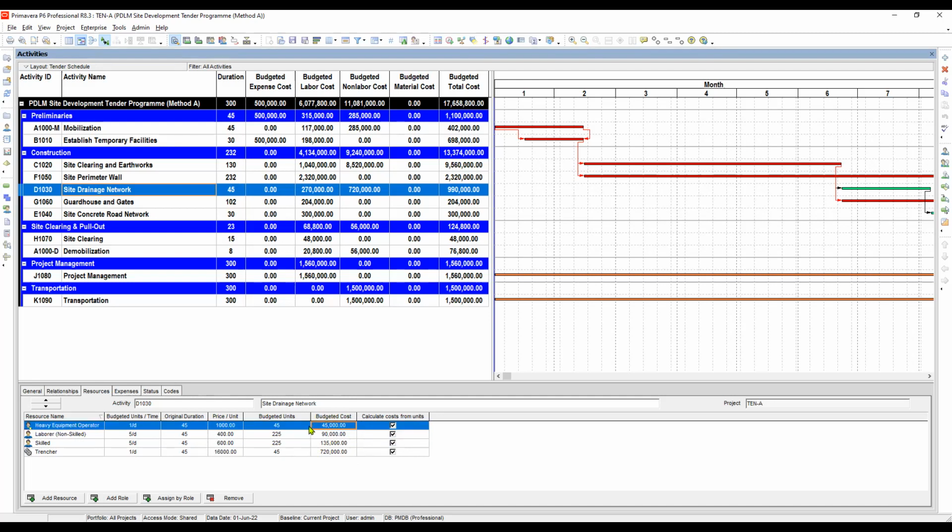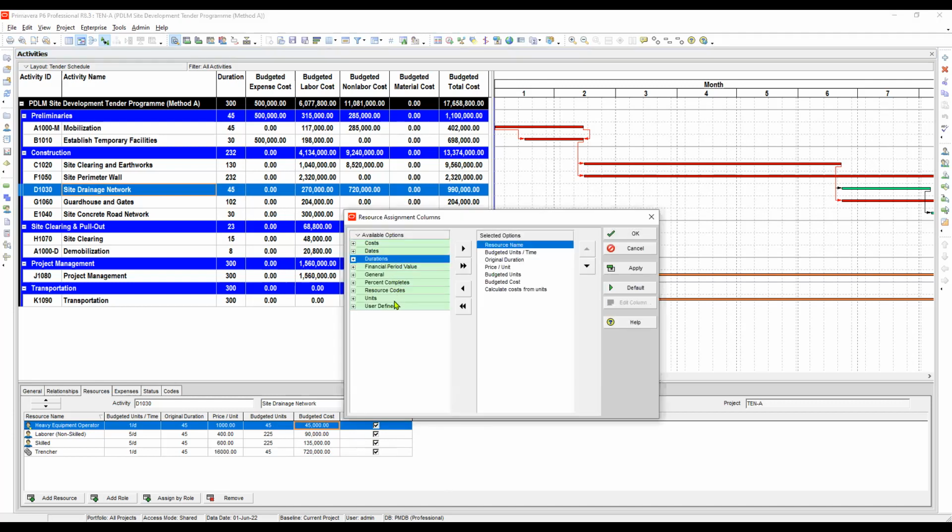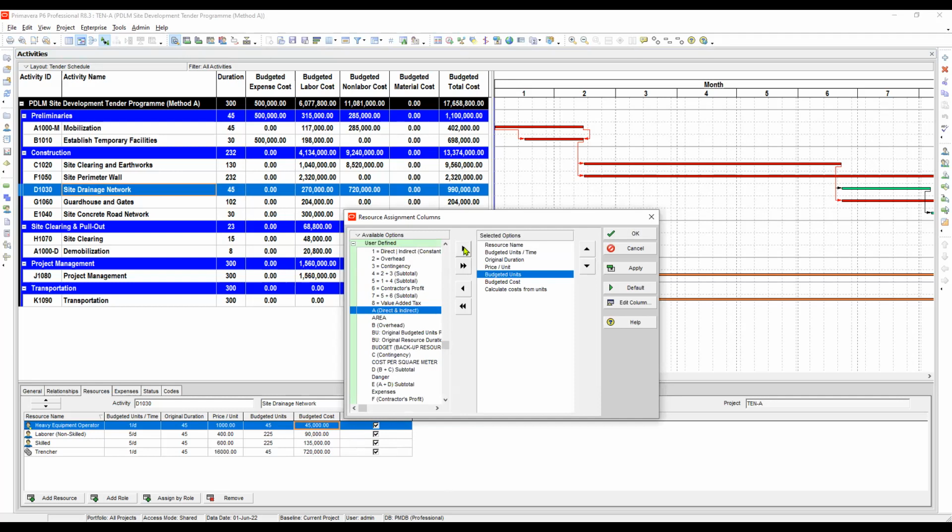We will show the column here for the resource parameters that we defined in the user defined field. So let's right click here, then customize. Since we defined it in the user defined, we can find it here. So we have here A, we will put it here. Okay. B, we will insert it there. And then